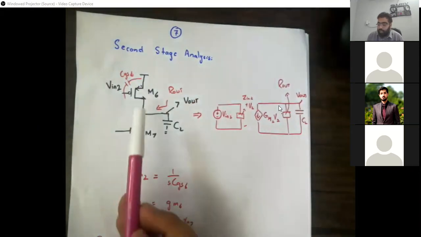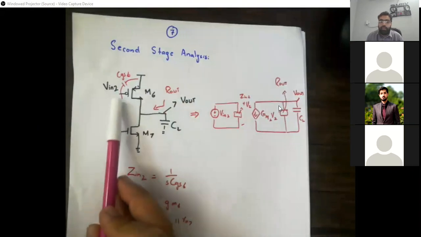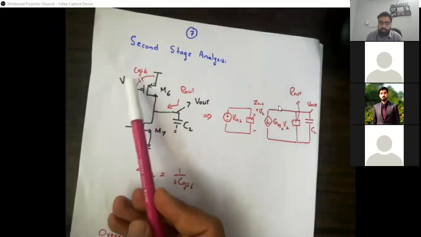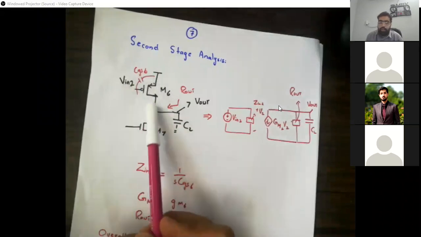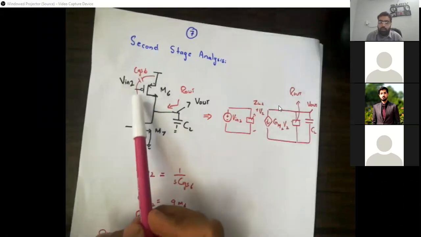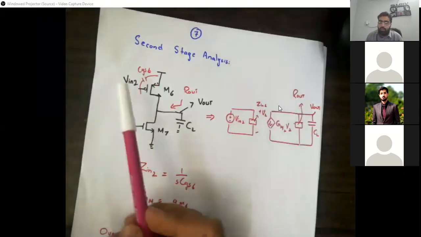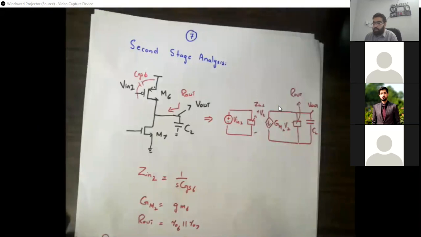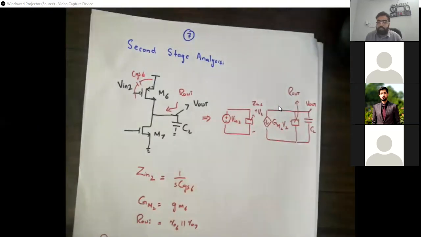So this is a PMOS, input is applied here, which we are calling VN2. There is going to be some capacitance, again CGS6. Same thing, this point is not ground. If we want to bring this, we have to do some manipulation, and because of that manipulation, the value ultimately is going to be less than CGS6. So we can ignore it safely at this moment.